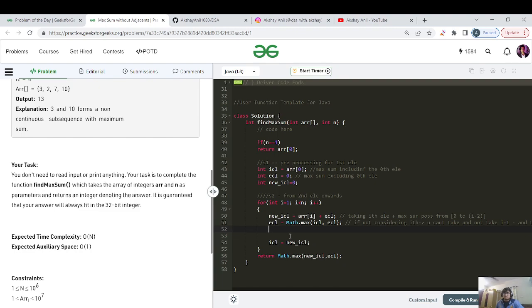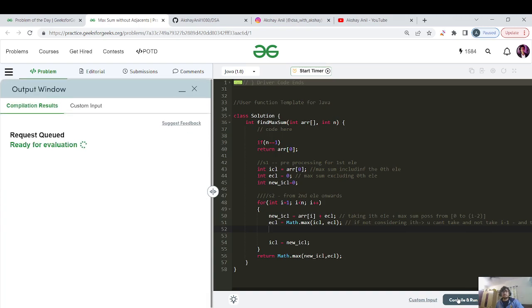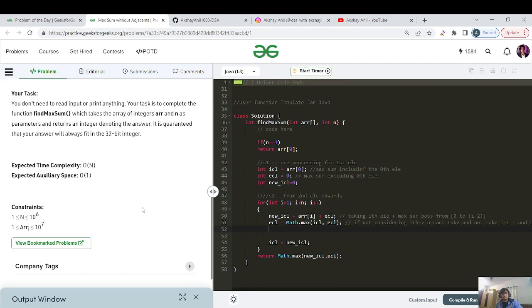Okay, so from my side, I think that is it. Let's compile and run to see if the test case is passed. If the test case passes, then we will go for the submission. Exactly. So our output and expected output match, and the time complexity of this code is O of n,